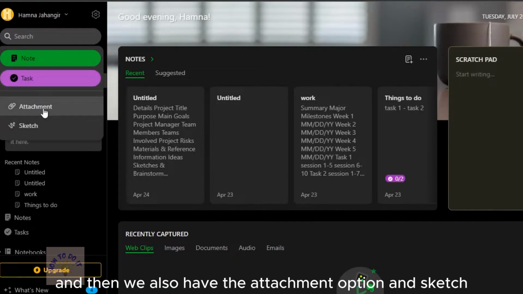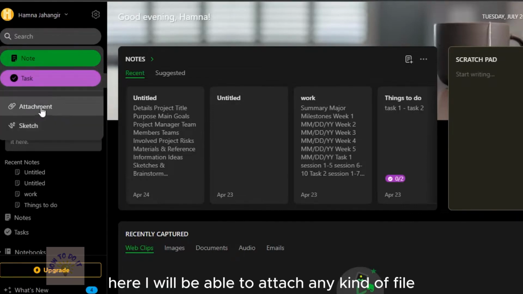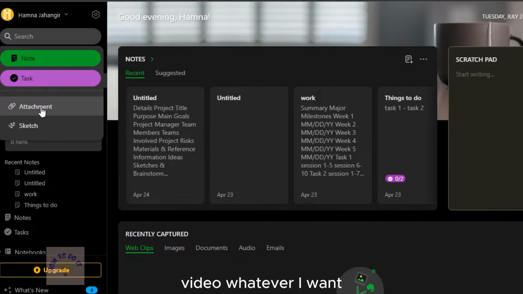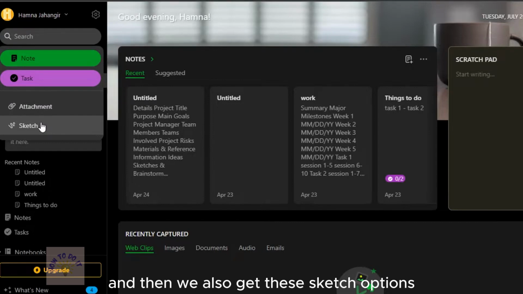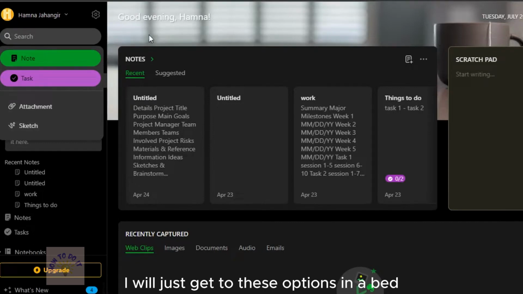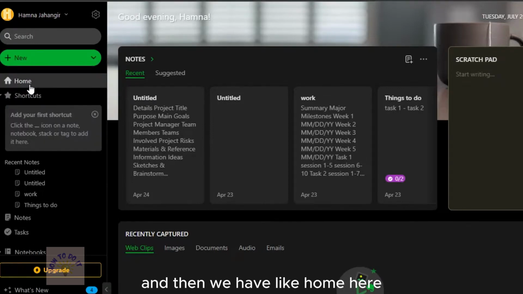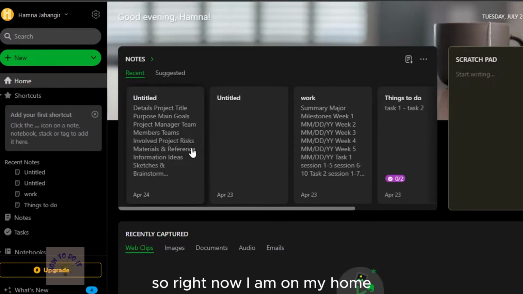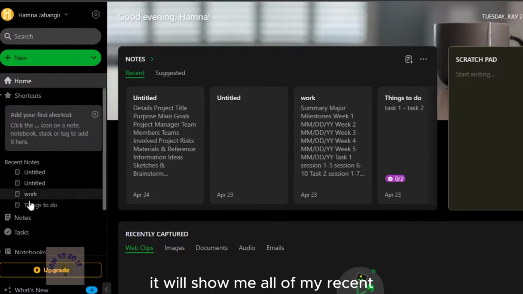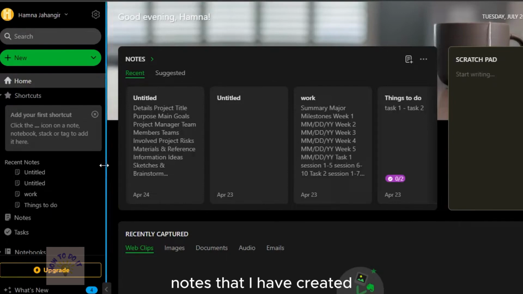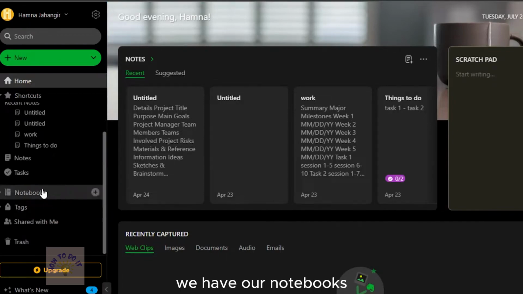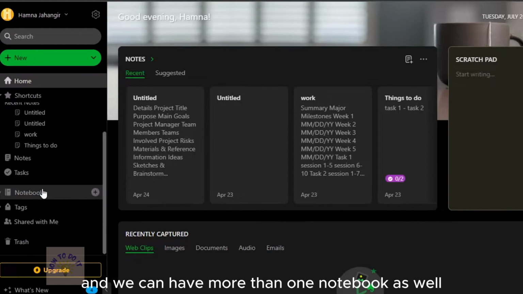And then we also have the attachment option and sketch. Here I will be able to attach any kind of file, any kind of photo, video, whatever I want. And then we also get these sketch options. I will get to these options in a bit. And then we have home here. Right now I am on my home, and it will show me all of my recent notes that I have created. Similarly, if I scroll down, we have our notebooks, and we can have more than one notebook